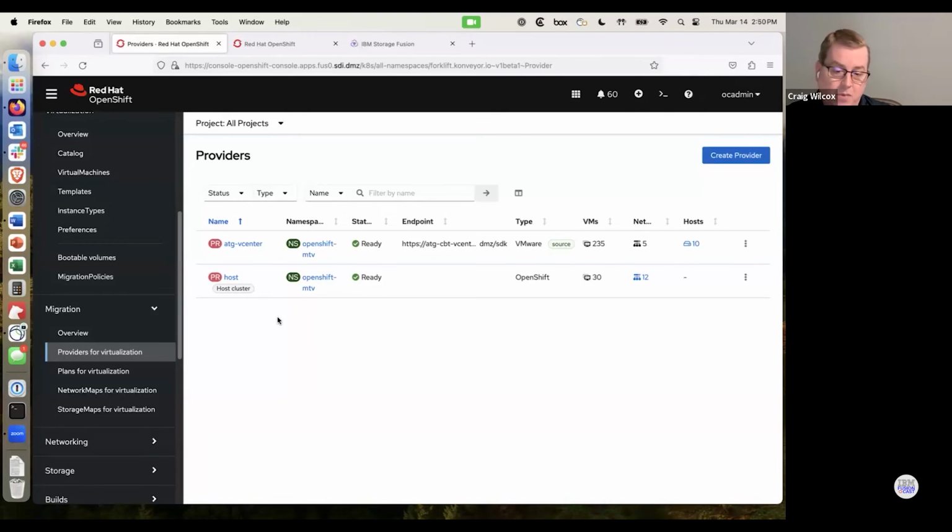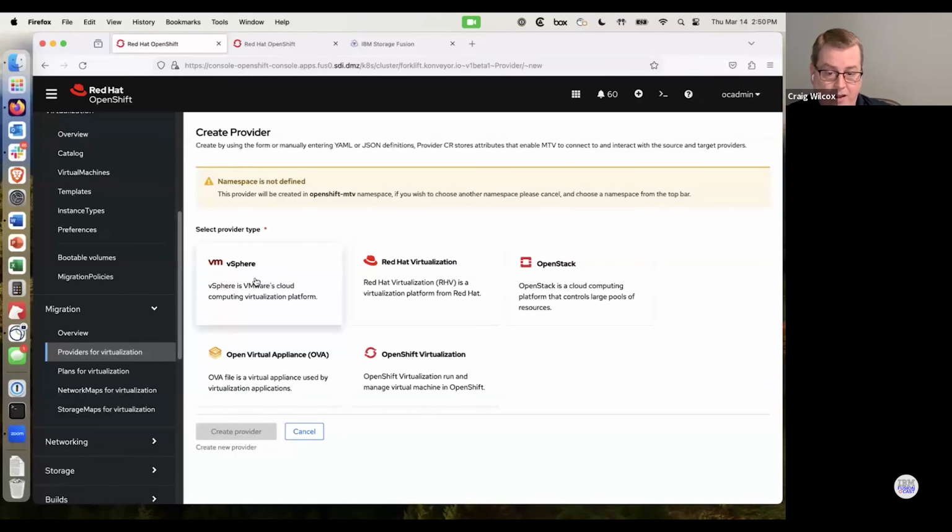The host one is built in and will be auto-populated for you. So if we want to add another virtual center cluster, we do create provider. And then from here, there's different sources. So I can stream from an OVA file where that makes sense. Instead of a running virtual machine environment, I can stream from a virtual center connection, or as a source, OpenStack,